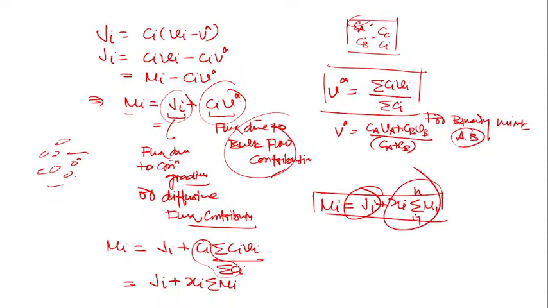This term is like this: bulk contribution, flux due to bulk flow contribution. When bulk is moving, that's your contribution. In total contribution, what is the contribution due to bulk flow? What is the contribution due to flow of the river? But as an observer who is standing on the river bank,